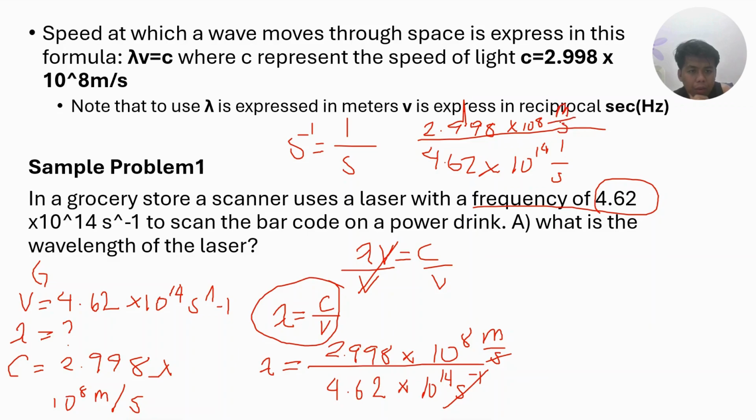So applying the rules of division, the seconds cancel out right here. I'm just showing you the detailed part. And you plug this into your calculator. Approximately you have this value right here,